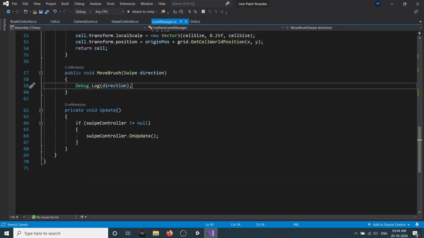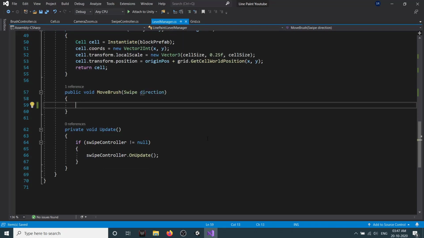So let's go back to our level manager and we have this move brush. Okay, so now in move brush we have to move our brush.